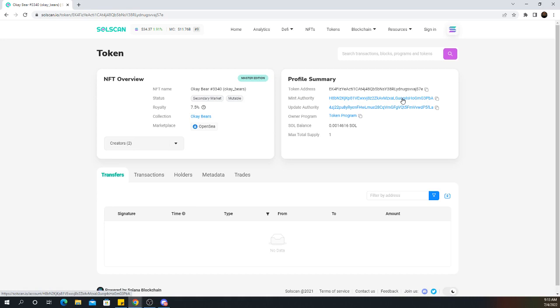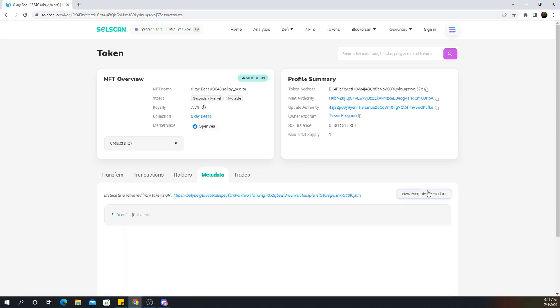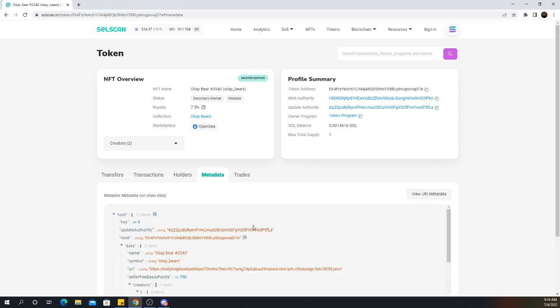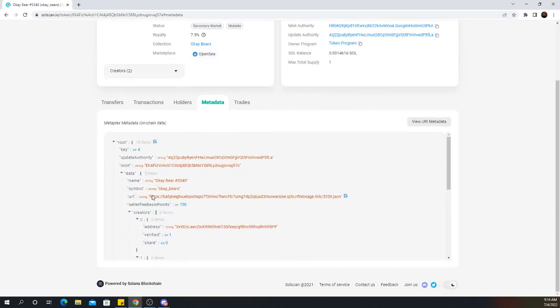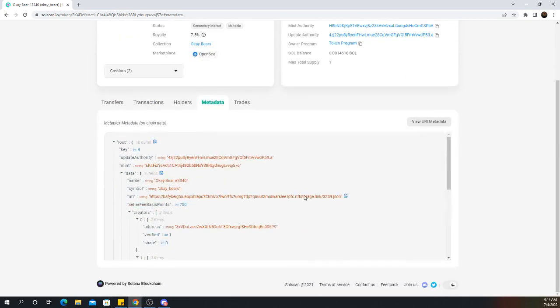So what you're actually doing when you're trading NFTs is you're buying and selling these token addresses. The actual image that it's connected to, we'll look at this in the metadata, which is right here. This is the URI, but we'll see later where that image comes from. But we have this token address, and this is what's actually being traded. In this data, you see this link, and this is a link that is connected to this token. So we have this token that exists, and then this data is connected to that token.